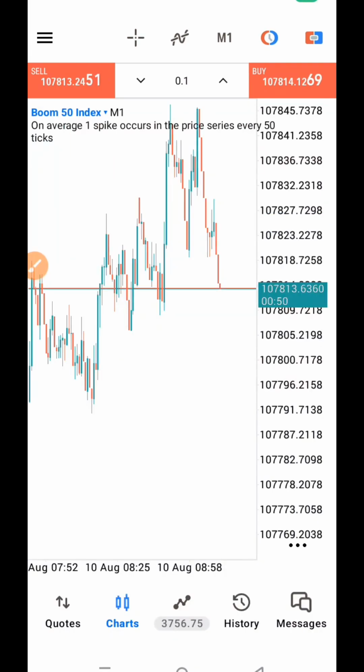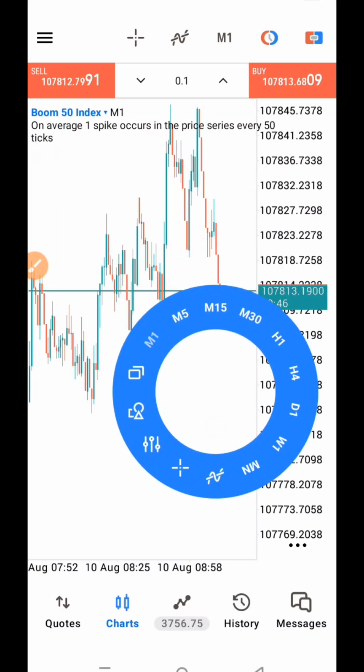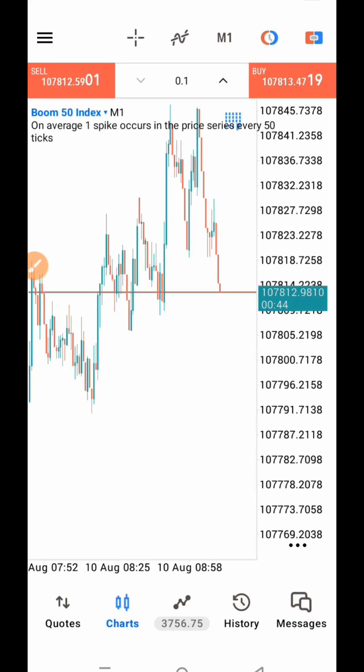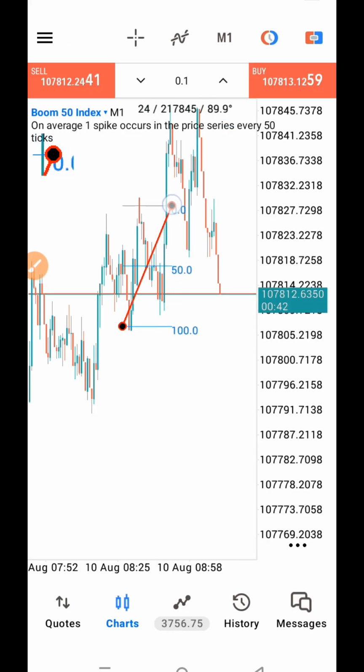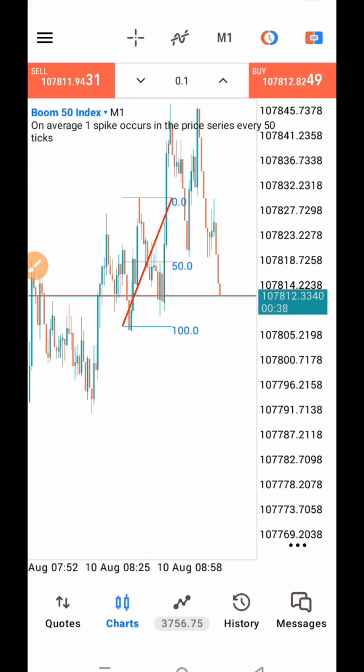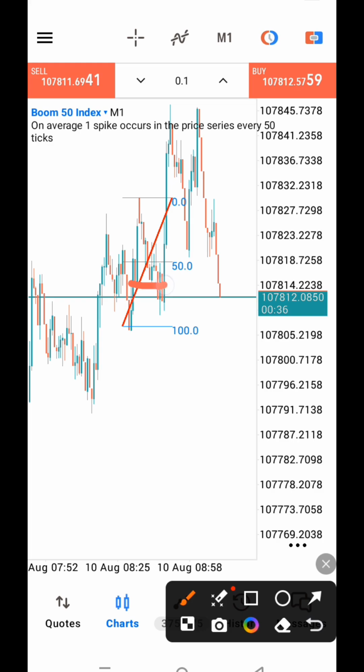Okay, as you can see, it happens here. If you bring out your Fibonacci tool and place it at this level, you can see that there is a sweep at this level here, and the candle closed above. So we just buy at this level. Then you can see how the spike moves on. You understand? This strategy can be rated around 60 to 70% win rate.